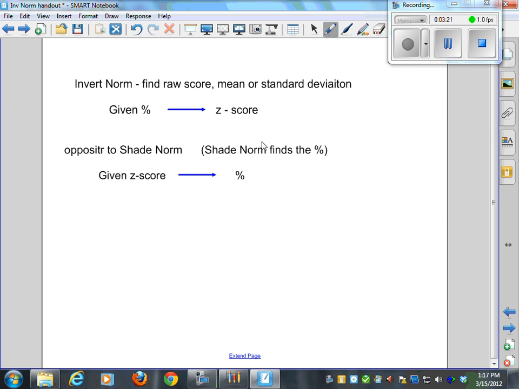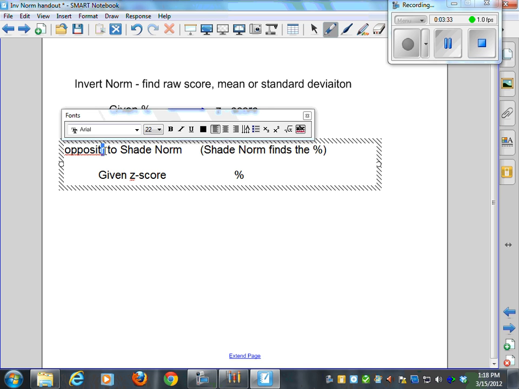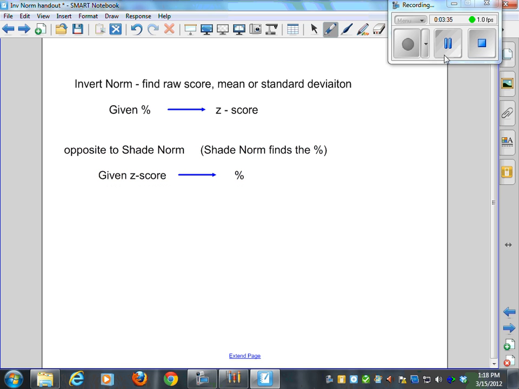Here's what I need to talk about today, because I do need to go to this meeting. I'd like to talk to you about invert norm today. Okay? Invert norm is the opposite to shade norm. I don't think you have a sheet for this. You can maybe write on the back of something if you want. Invert norm